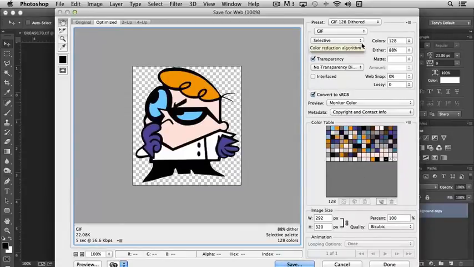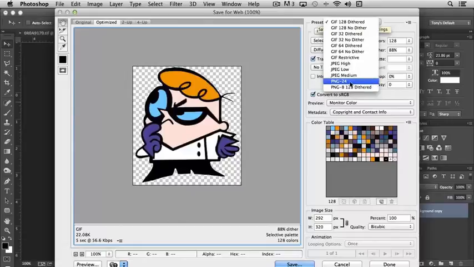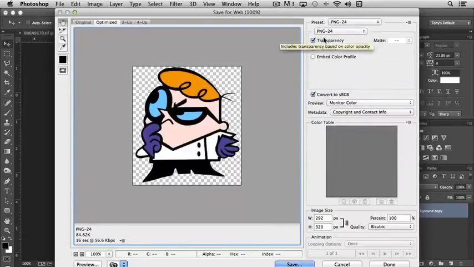So in this case, we're going to select PNG24, and we want to maintain the transparency. There is no color table because it's saving it in the full 24-bit file format, which means we're getting all of the data that we need. And by the way, you'll notice down here in the left-hand corner, it actually tells you the final file size. So in the PNG24 file format, the final file will be around